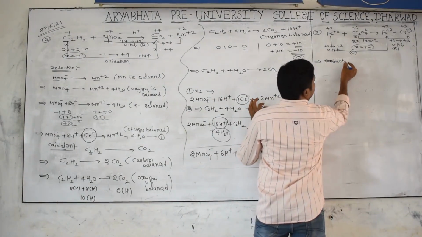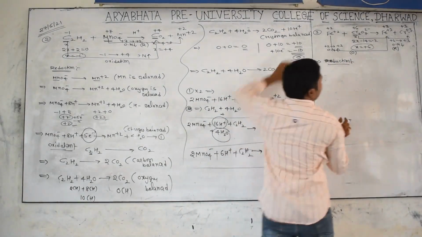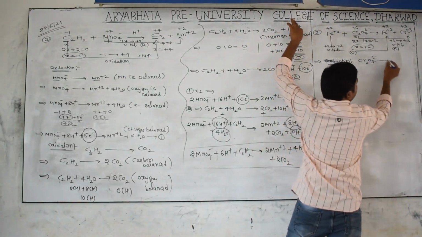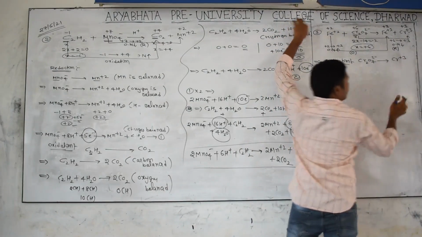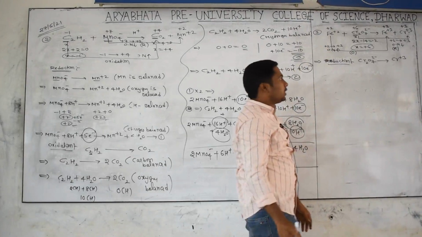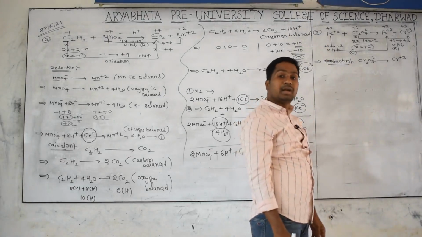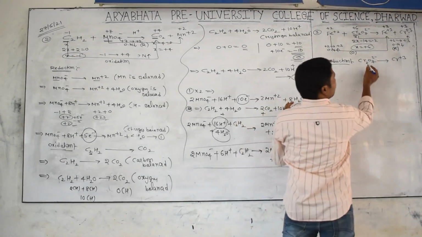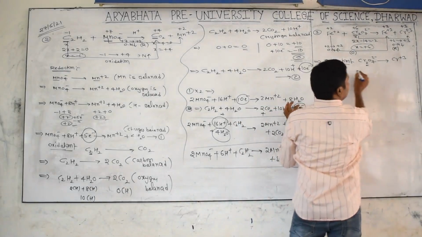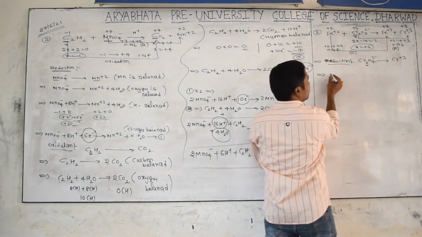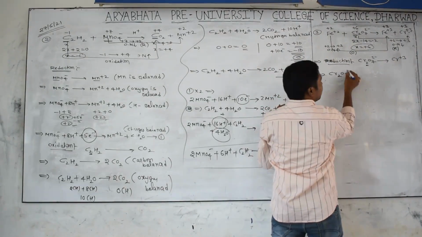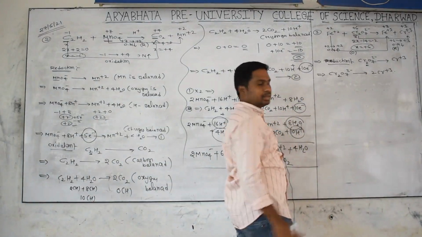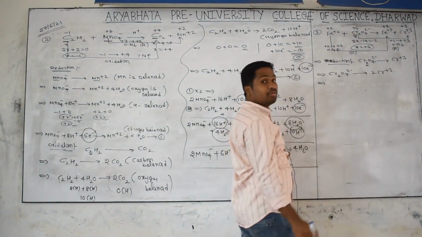I think it is very simple. What is the reduction reaction? This one: Cr2O7 2 minus converting into Cr plus 3. Do it carefully. First, what has to be balanced other than oxygen and hydrogen? Chromium is there. How many chromiums are on the left side? 2. That's why the right side also has to get 2. For that, I multiply the right side by 2, so we get 2Cr plus 3. Chromium balanced.